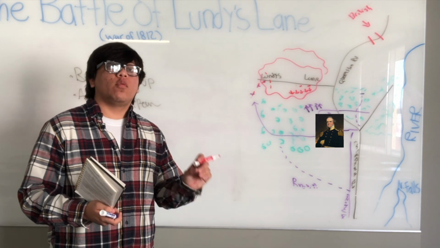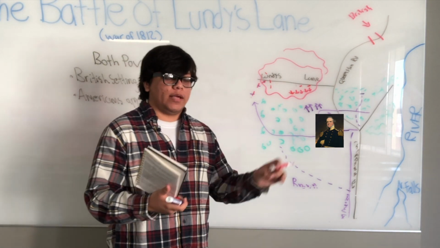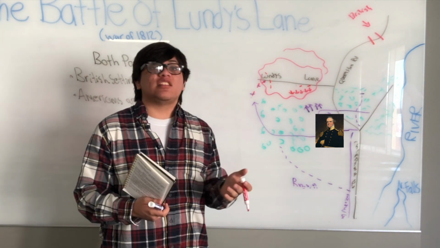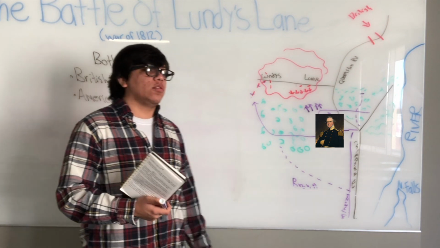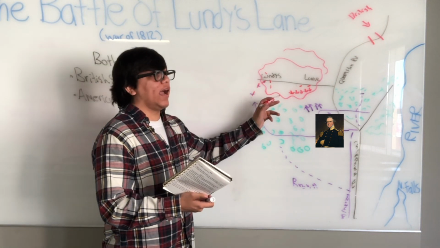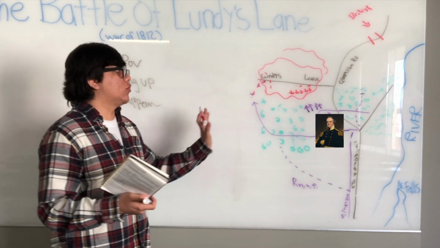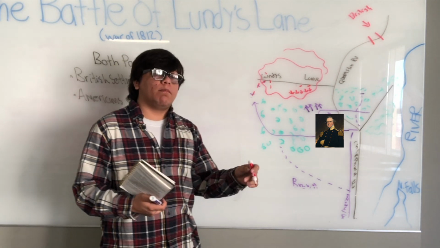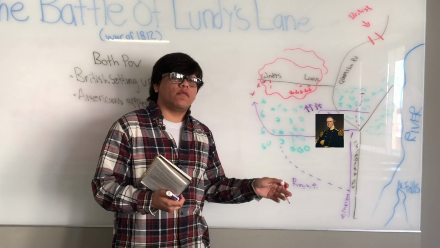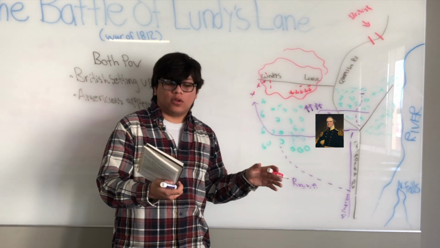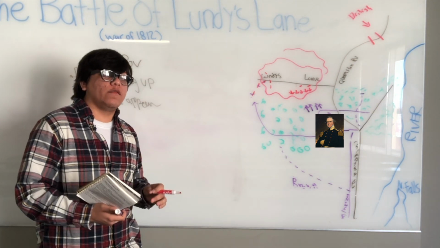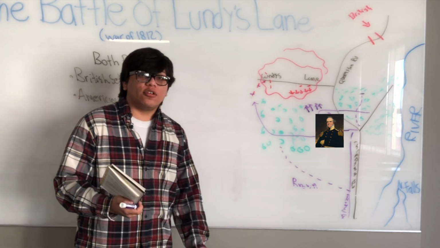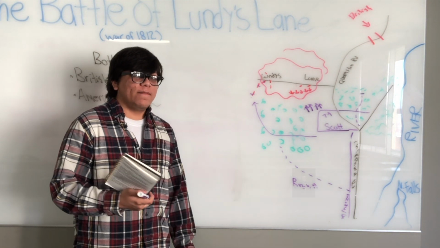So Lieutenant Governor Winfield Scott, who is the American, by the way, kind of seeing that night is beginning to fall, because they already started their battle at 6 p.m., which was already late. And so he was hoping that the British would kind of just call it quits and just go north, and everyone could kind of rest until tomorrow. However, many of the commanders, by tradition during this time period, would have stopped right then and there once it began to get dark. Even Lieutenant Governor Winfield Scott was about to withdraw all his men and head back to camp. However, you know who showed up at the right time? That's right, it's my